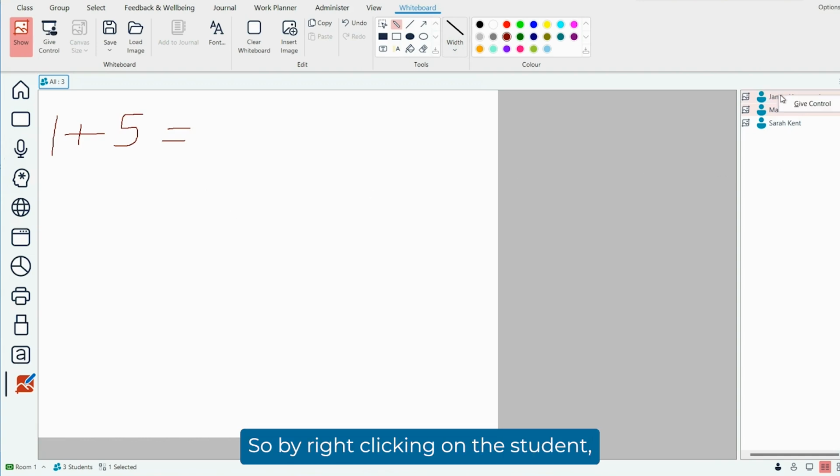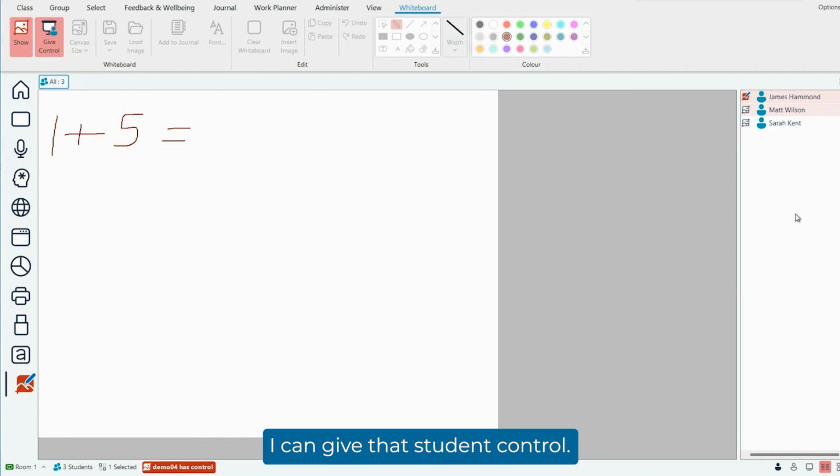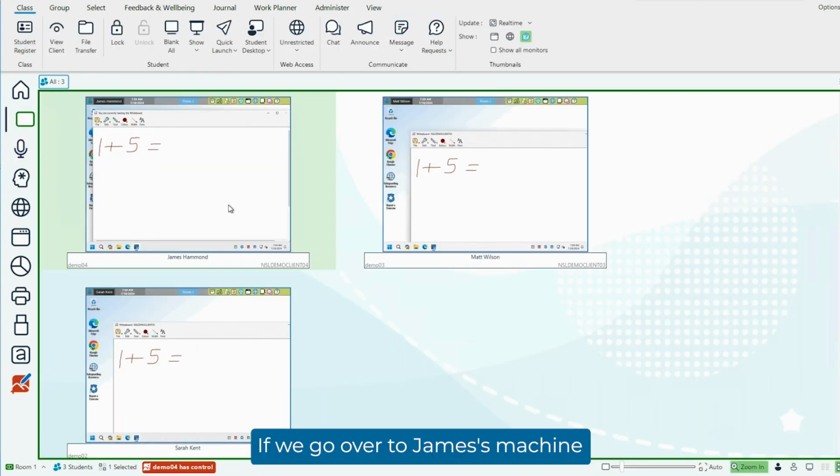So by right-clicking on a student, I can give that student control. Notice that the colors have changed. Now he has a red icon indicating that James has the ability to write on the whiteboard. There is a red indicator down below showing that he now has control. And the Show and Give Control buttons are highlighted red to let you know that that's already been passed on to somebody else. If we go over to James's machine and open that up,